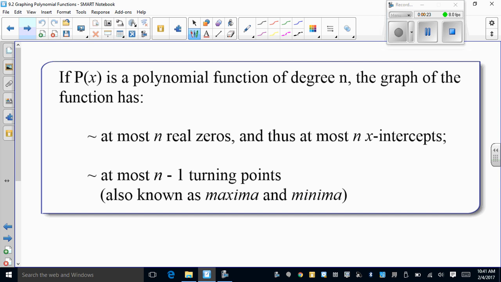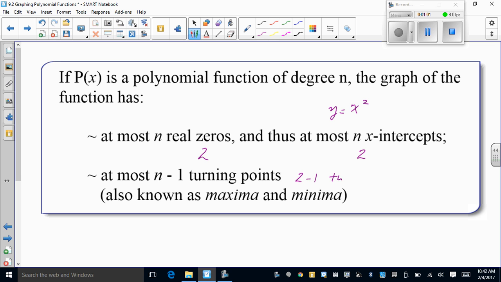Okay, so if p of x, using p as a polynomial function of degree n, the graph of the function has at most n real zeros and thus at most n x-intercepts. At most n minus 1 turning points, also known as the max or min. So let's use an example of y equals x squared. So at most it has 2 real zeros, and at most it has 2 x-intercepts. And at most it has n minus 1, so 2 minus 1 turning points,